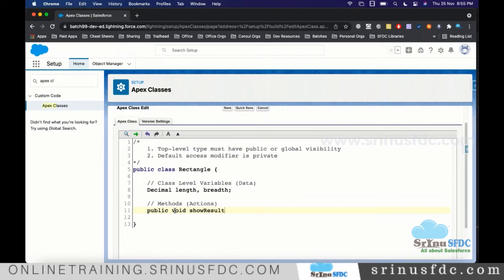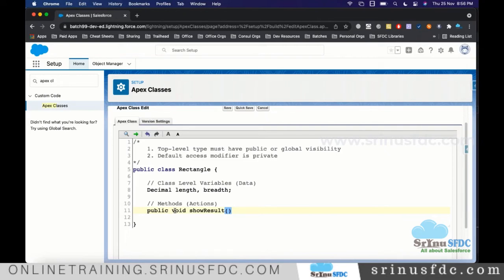For a method also we follow camel case, the same naming convention we follow for a variable. But how do we know whether it is a variable or a method? Methods will always have these brackets, which we call function brackets. For a variable we don't use them.